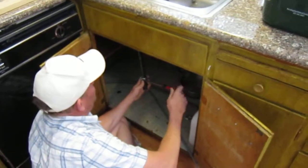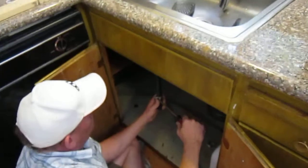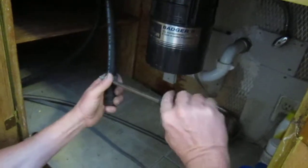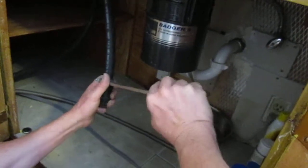After disconnecting from the garbage disposal, we're going to reconnect the drain line back into the garbage disposal. We replace the cord here with a longer one so that we can plug that in, and after that everything should work just perfectly. So let me tighten this,